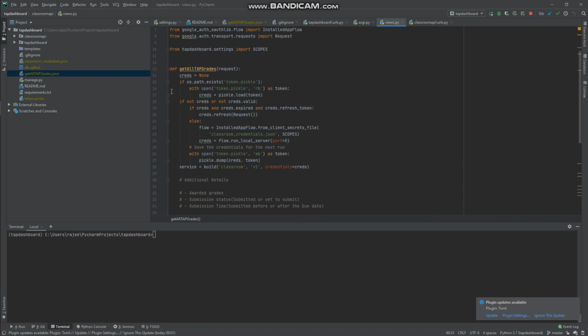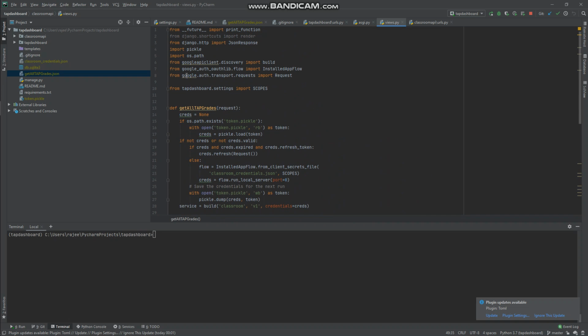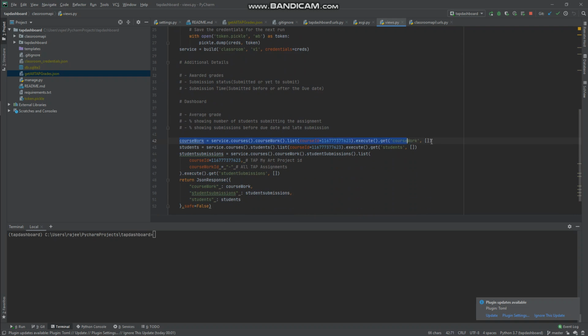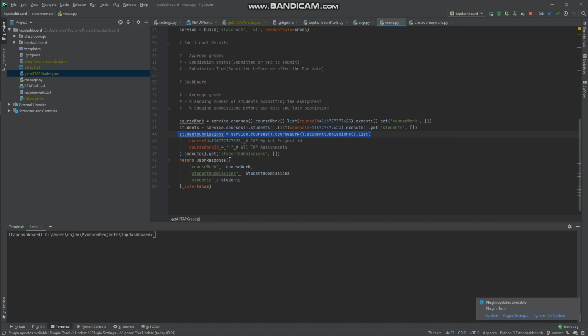It uses the Google Classroom API, and the SDK is provided by Google. I'm just hitting that API to get all the information, like all the coursework, all the student information, all the student submissions, and I'm formatting this as JSON and just returning it. Right now, I've hard coded the course ID because there is only one course as of now, but we have the flexibility to change it, like take a parameter as an input of which project you want to check, and pull in that project's data.